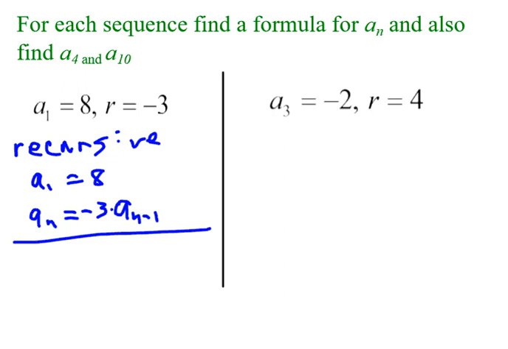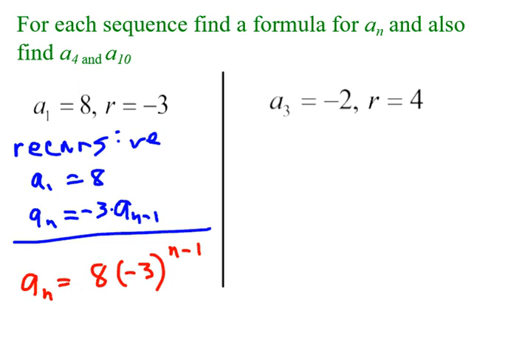Okay, so that's recursive. If we are doing explicit, then we're going to take the nth term. We don't need to state what our first term is. It sort of becomes part of our formula. We're going to take our first term and multiply by our common ratio n minus 1 many times. So then when I want to find the fourth term in that sequence,